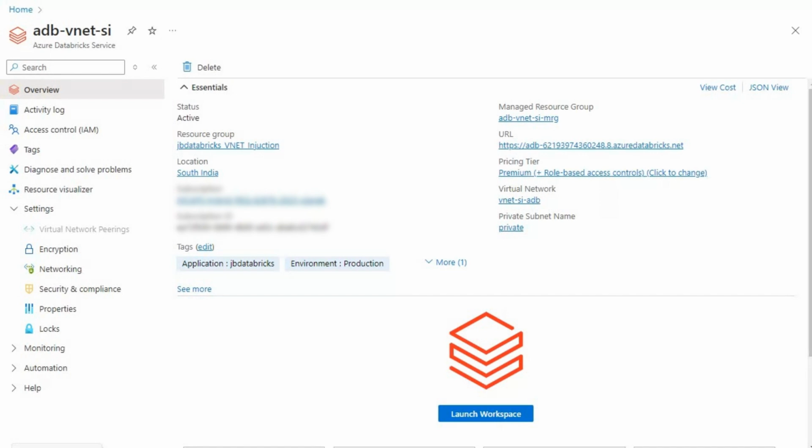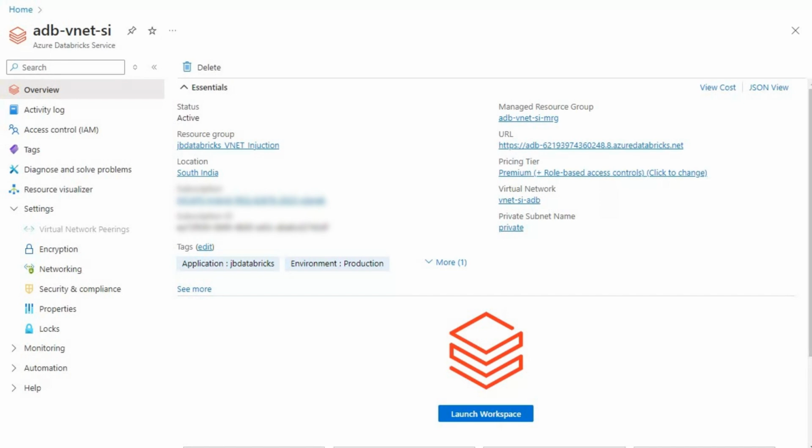First, let's start with a quick overview of Azure Databricks deployment. When you deploy an Azure Databricks workspace, it requires two subnets, one public subnet and one private subnet. These subnets are critical for the functioning of Databricks and they play distinct roles in managing network traffic, resource access, and security. So if you see here, we have the virtual network, VNet